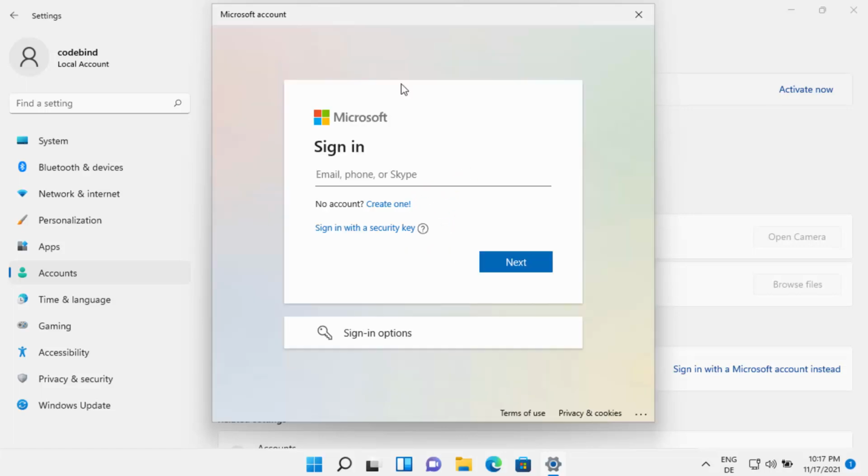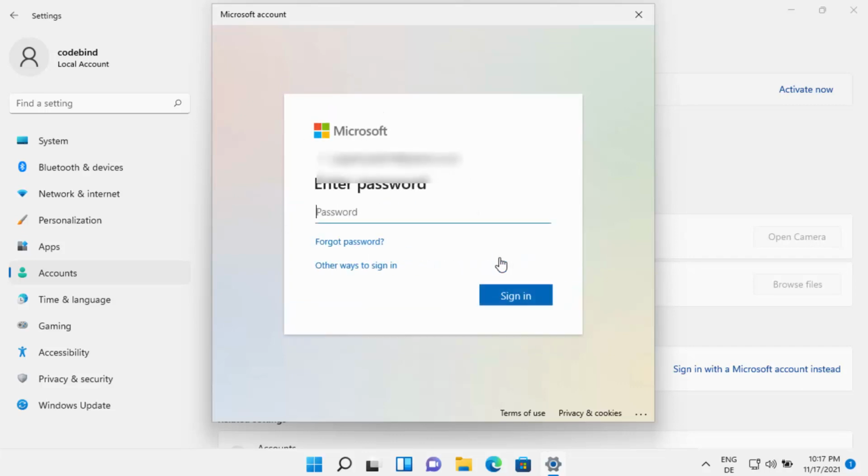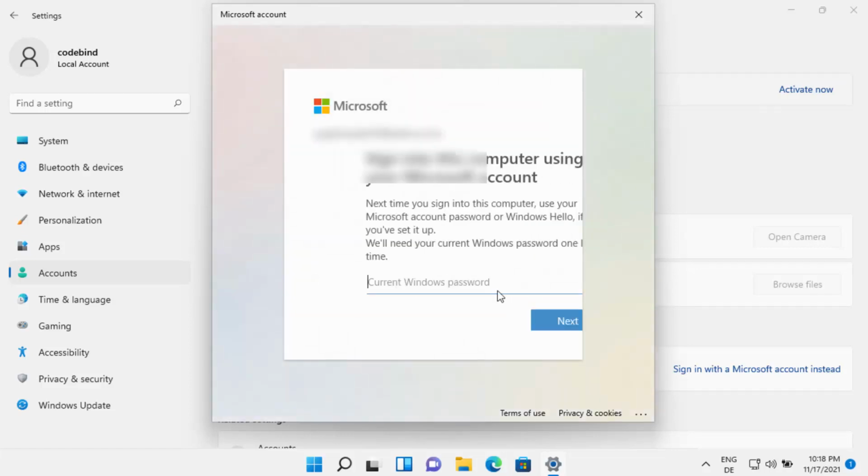And now you will be asked to provide your Microsoft email ID. If you don't have a Microsoft account, you can create one very easily by clicking on create one. And once you have this account, provide your email ID. So I have provided my email ID. I'm going to click on next now. And now I'm going to provide the password of my Microsoft account. Once you have provided your password, click on sign in, which is going to log you inside